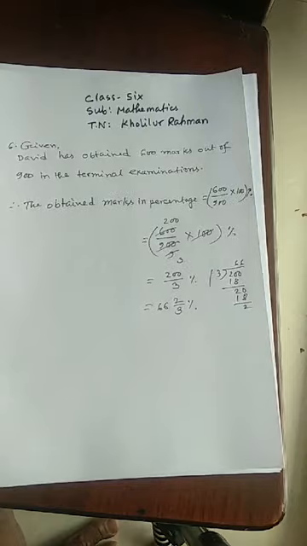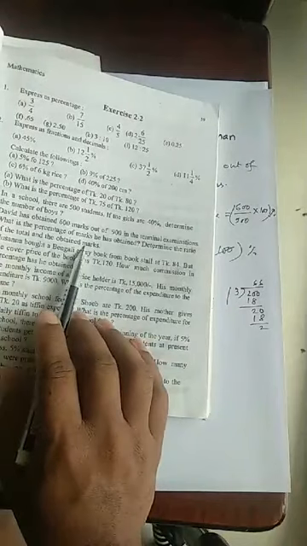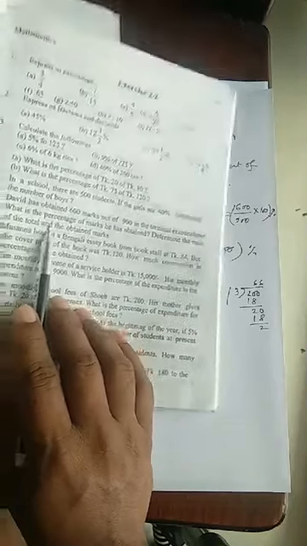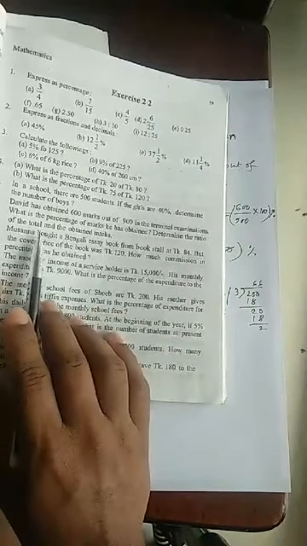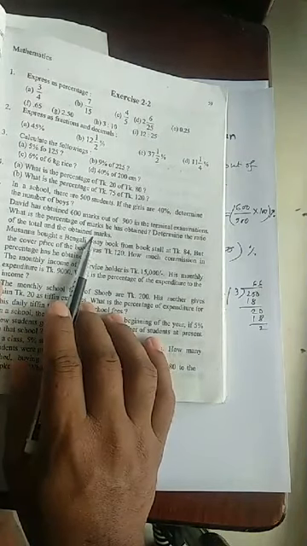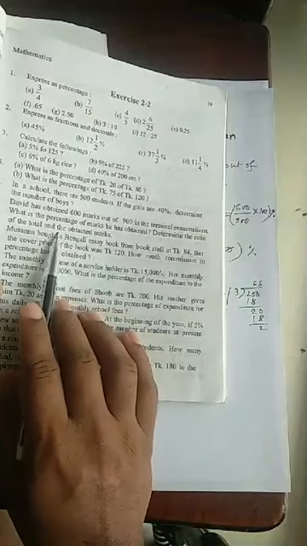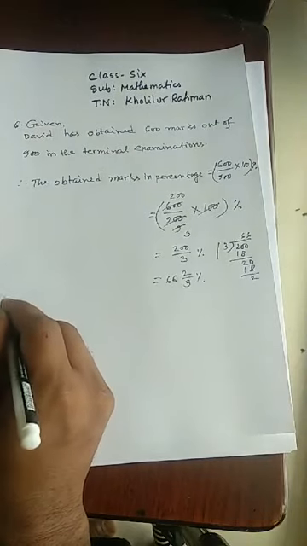Okay. Then you see there is also written a second part, determine the ratio of the total and the obtained marks. In ratio, what is written first, you have to write it first. I mean here total marks will be first and the obtained marks will be second. I mean total marks will be antecedent and the obtained marks will be subsequent. But if it is written determine the ratio of the obtained marks and total marks, then obtained marks will be antecedent. Have you understood?